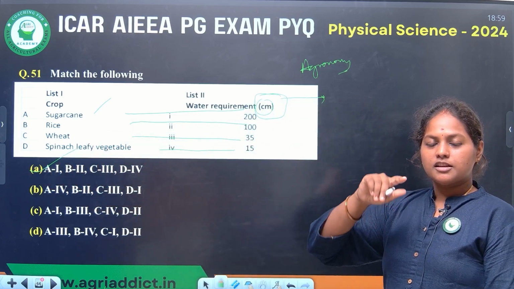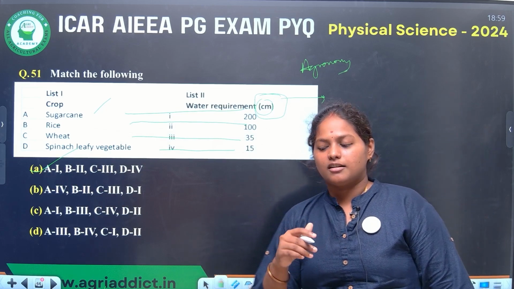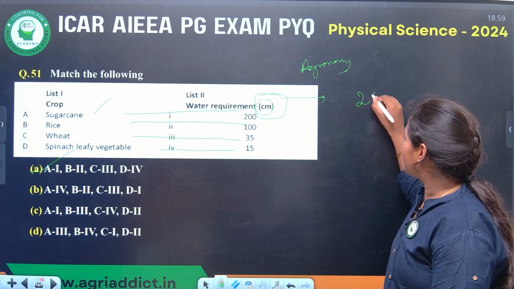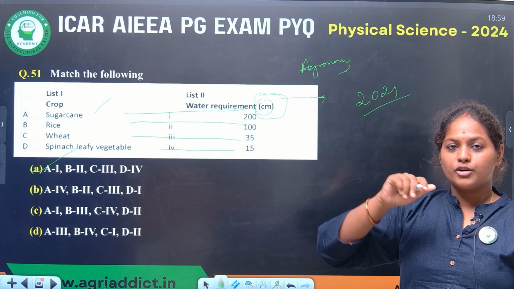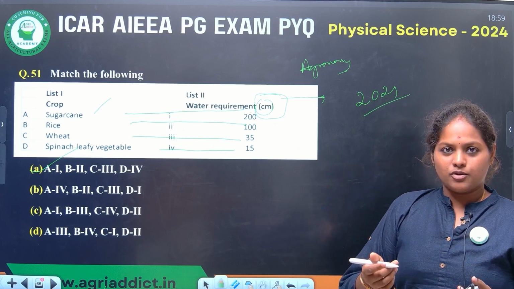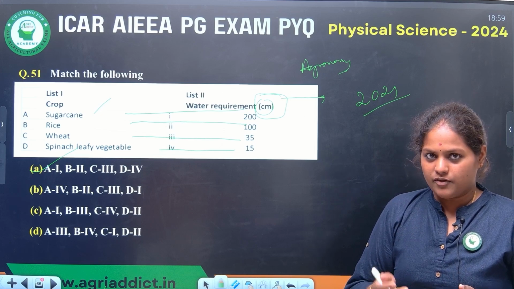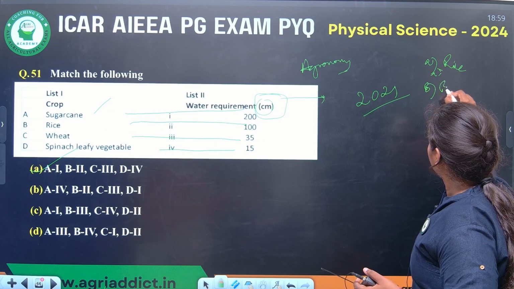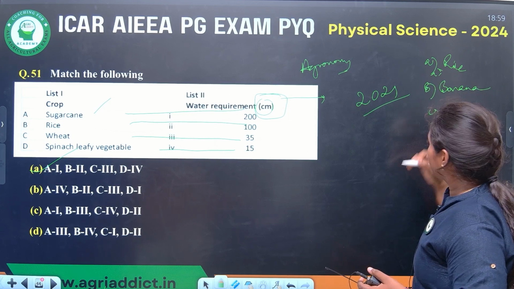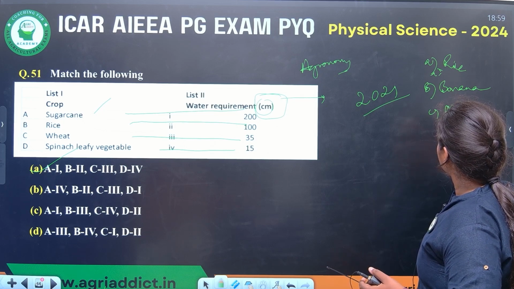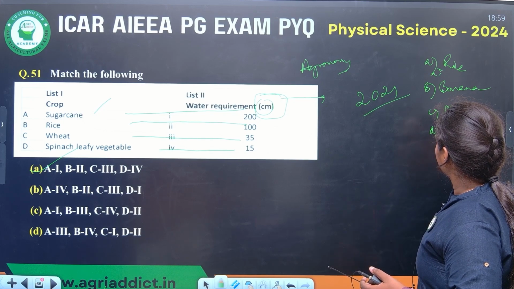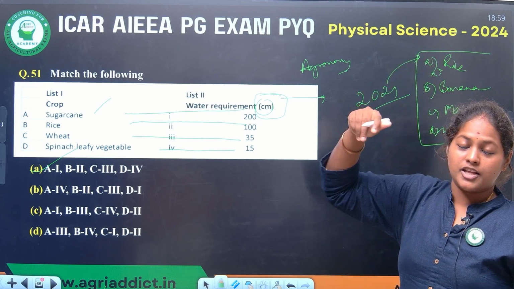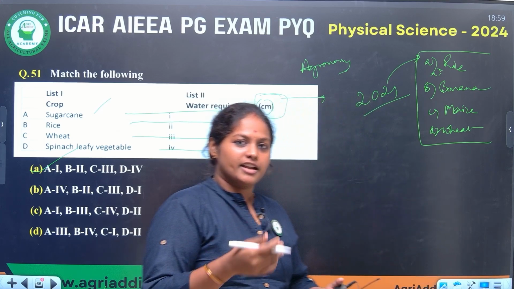These water requirements they have asked in the previous year question paper of JRF when I wrote my JRF, that is ICAR AAPG 2021, where they asked water requirements. It is an MCQ question. They gave which is having lower water requirement. Options are rice, banana, maize, wheat. So these are the options in 2021 paper. They are asking for lower water requirement containing crop.